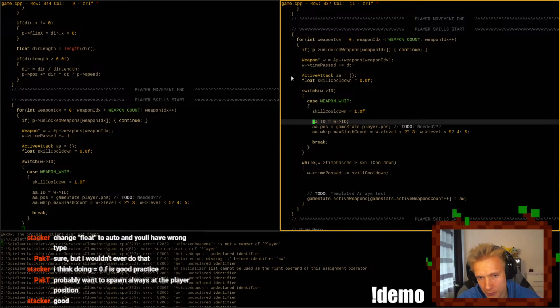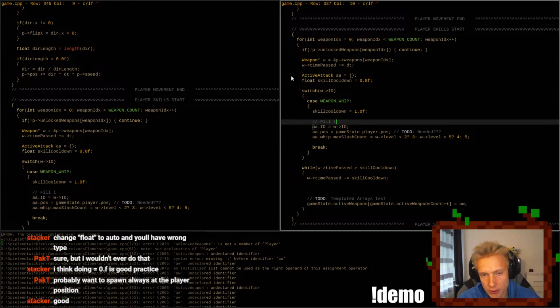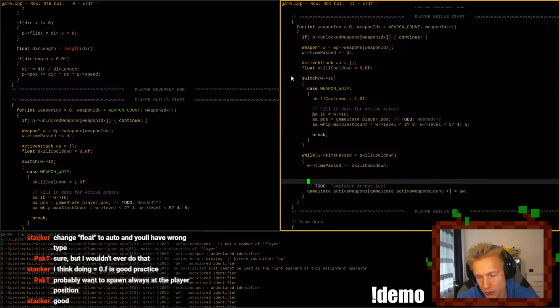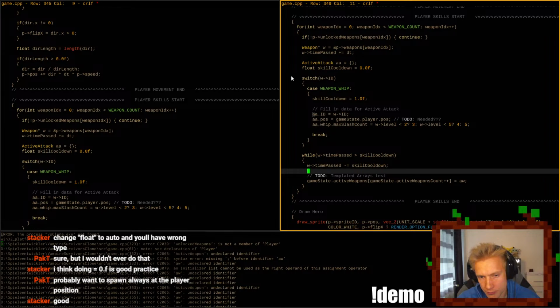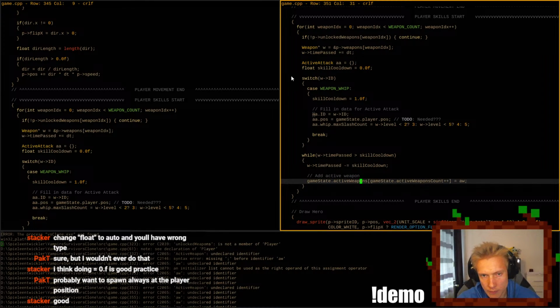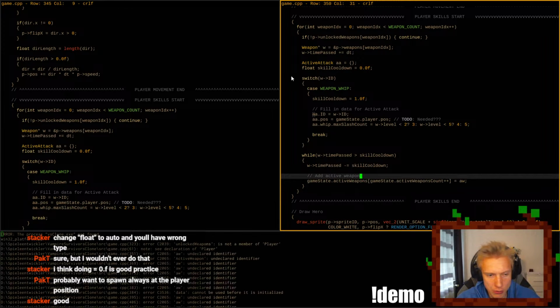In the same, like fill in data for active attack. This is kind of annoying, but otherwise I would have to do this twice. Okay. Let's do it like this for now.